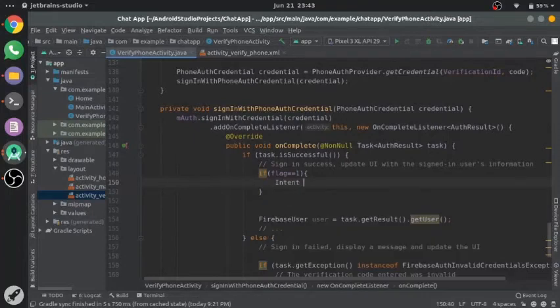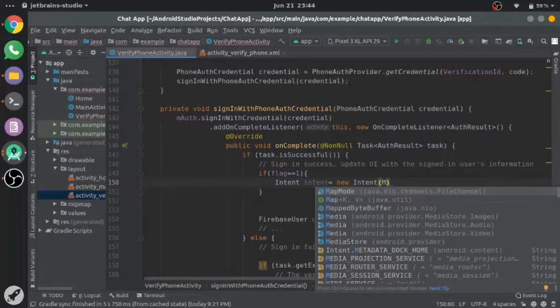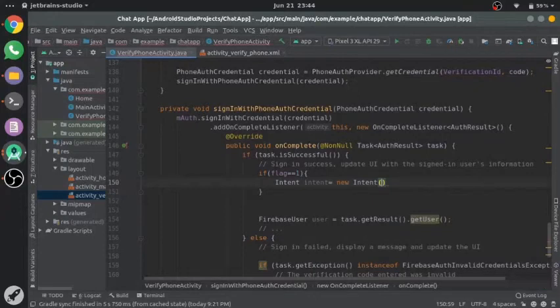Intent equals new intent from verify activity to sign in activity.